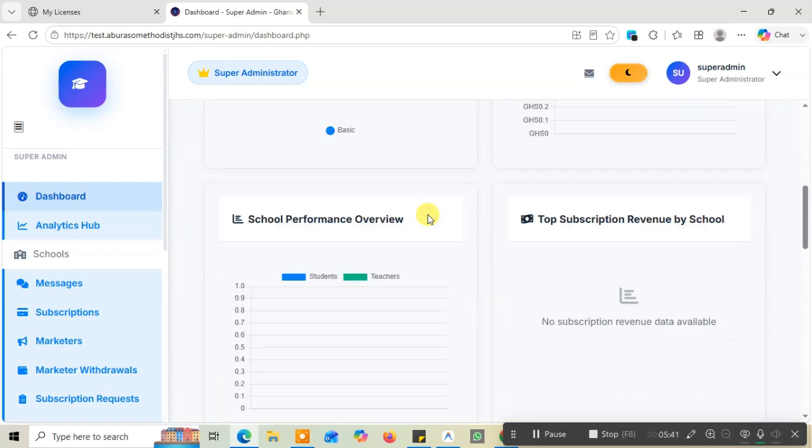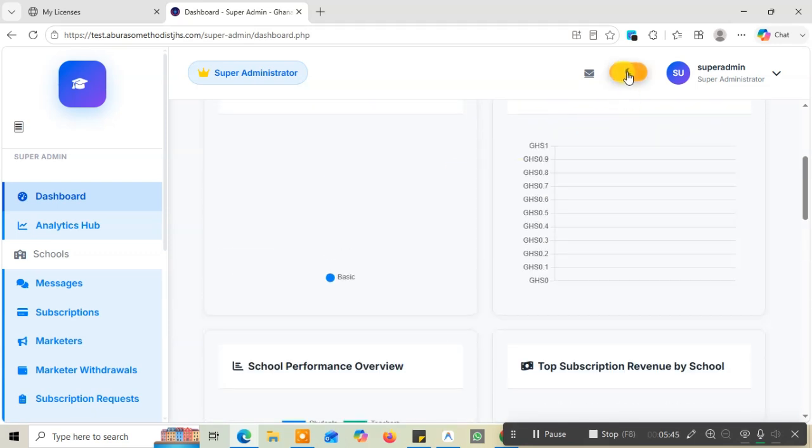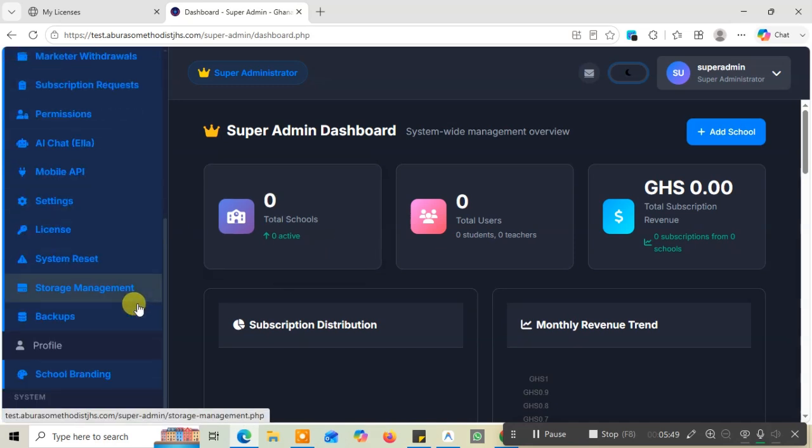I prefer the dark mode. I'm more comfortable when I'm using the dark mode. So I will switch it back to the dark mode. Okay, as you can see. And here, if you want to change